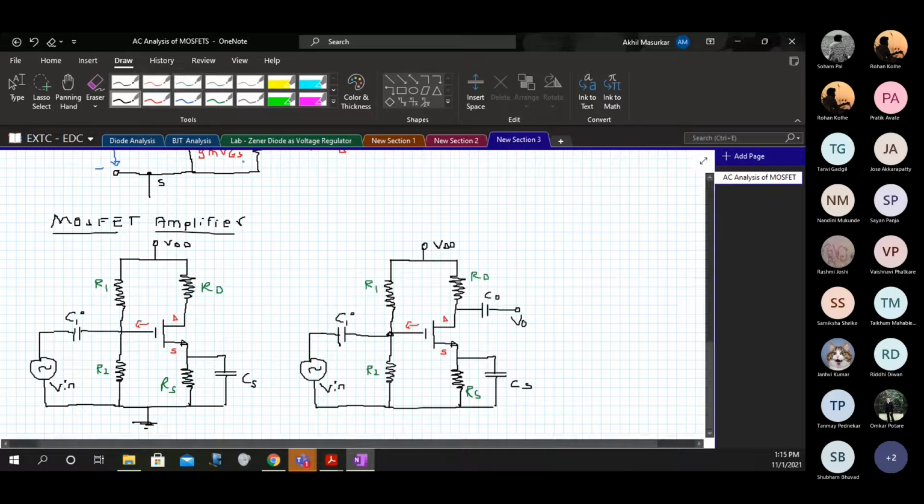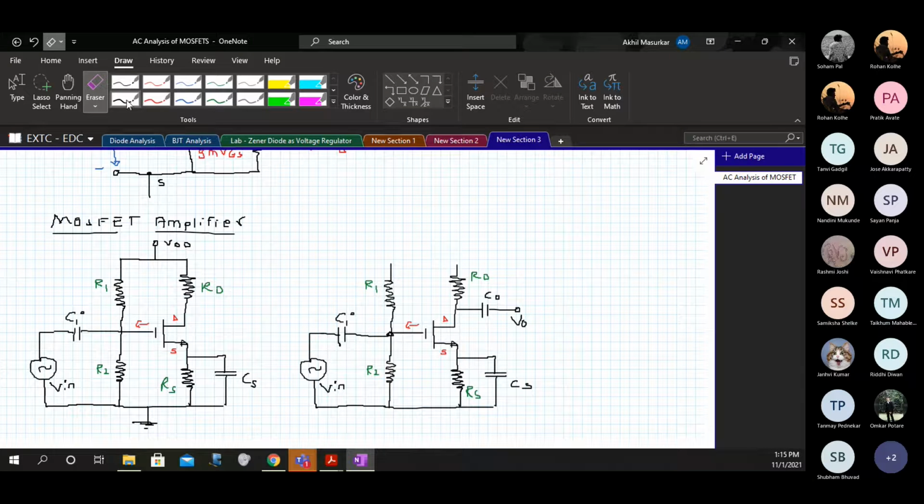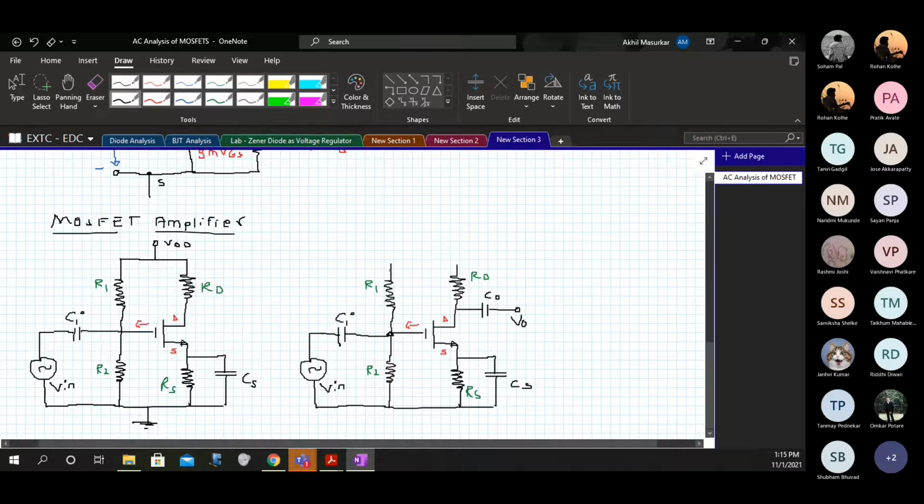So now when we are making the AC equivalent of this circuit, the first thing that we do is, just remember, we used to make all DC sources ground. So here we will connect this to ground. Here also we